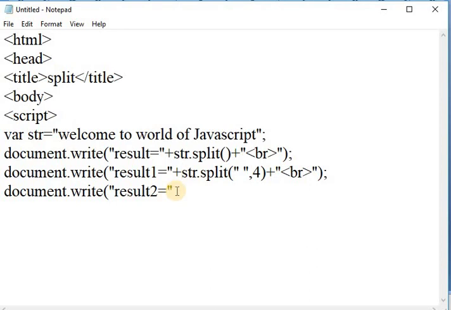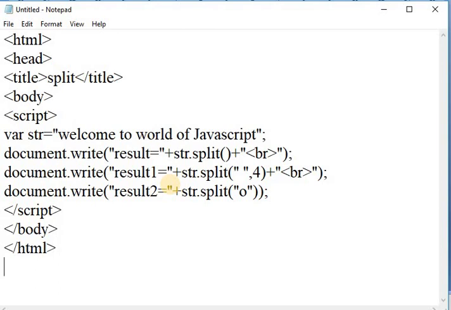Here also use a concatenation operator, that is plus str.split, and here I am passing separator as O. Close this write method, close the script tag, close the body tag, and close the HTML tag.